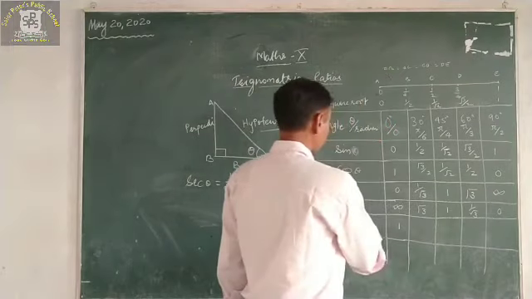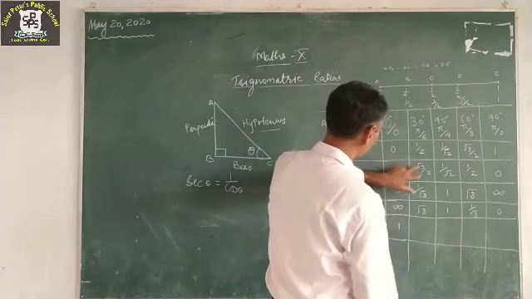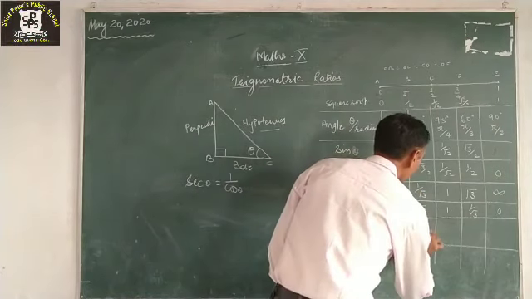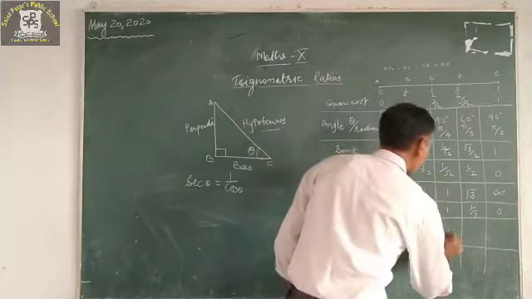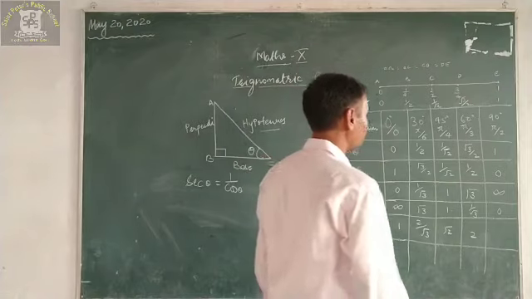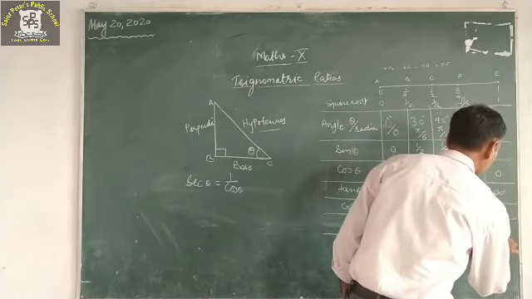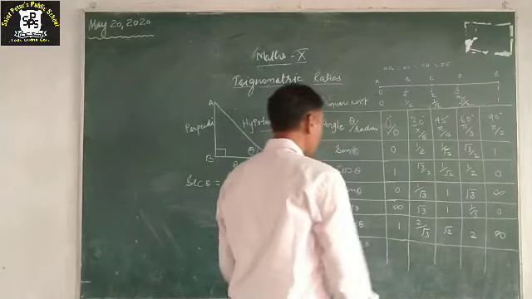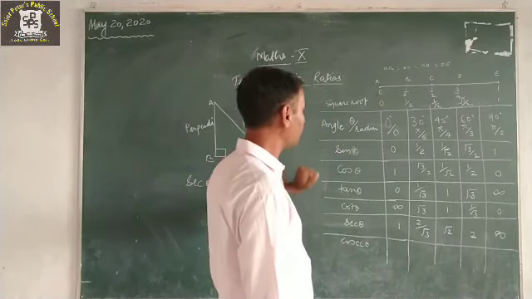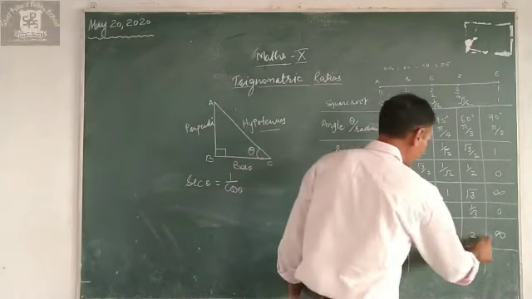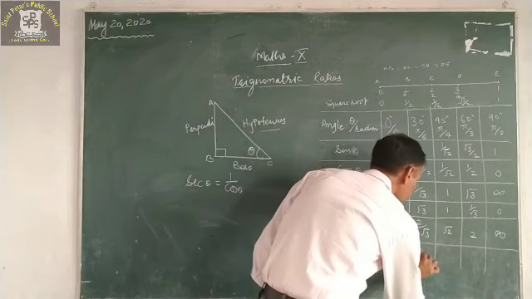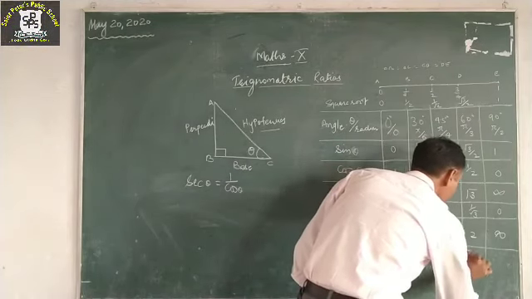And for sec 30 degree, the reciprocal of cos 30 degree, that's root 3 upon 2, will be 2 upon root 3. Similarly, we can write root 2, then 2, and 1 upon 0 will be equal to what? Infinity. For cosec theta, you can use the reciprocal values of sin theta, or you can also write the values of sec theta in reverse manner. So it's infinity, it's 2, it's root 2, it's 2 upon root 3,